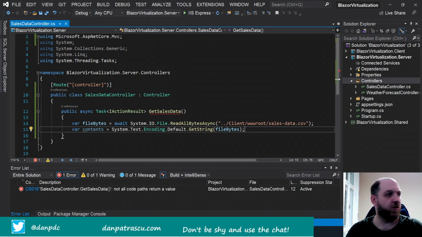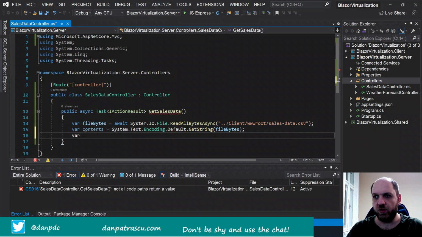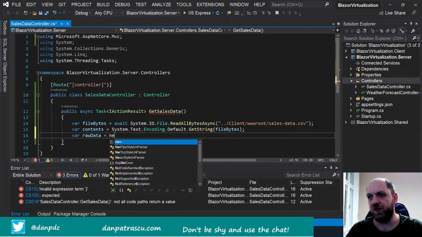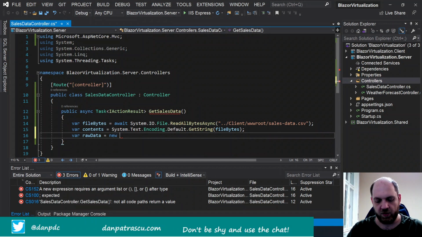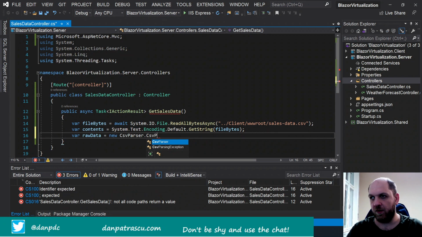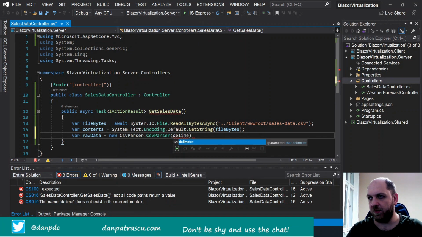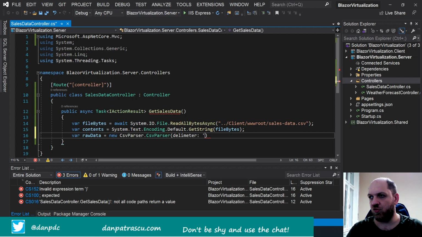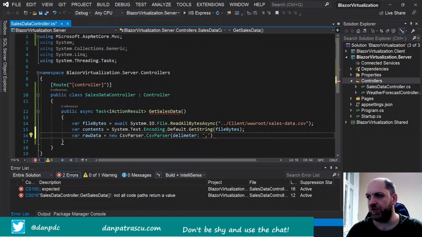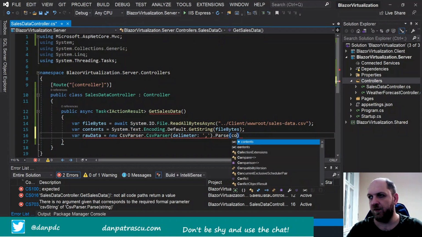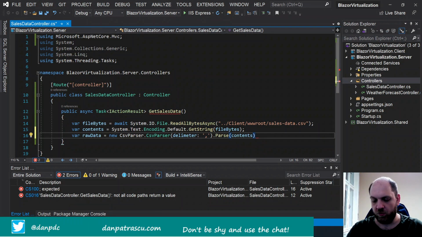So that should be okay. And then we can get the raw data, and this would be, here we'll use the CSV parser, new CSV parser, and here we'll have to specify the delimiter, and that should be the comma, of course. And then we'll have a parse, and we'll parse the contents, and then we want to return an array of